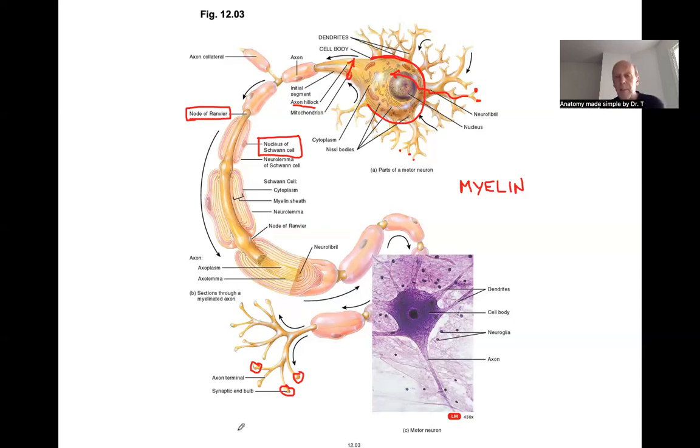So as I'm explaining the very basic things, here is a cell A, first arrow, reaching cell B, but not making the physical direct contact with it. That is our hypothetical idea of what the synapse between two neurons would look like. This gap between A and B is what's called the synaptic cleft. So from these red circles, synaptic end bulbs,